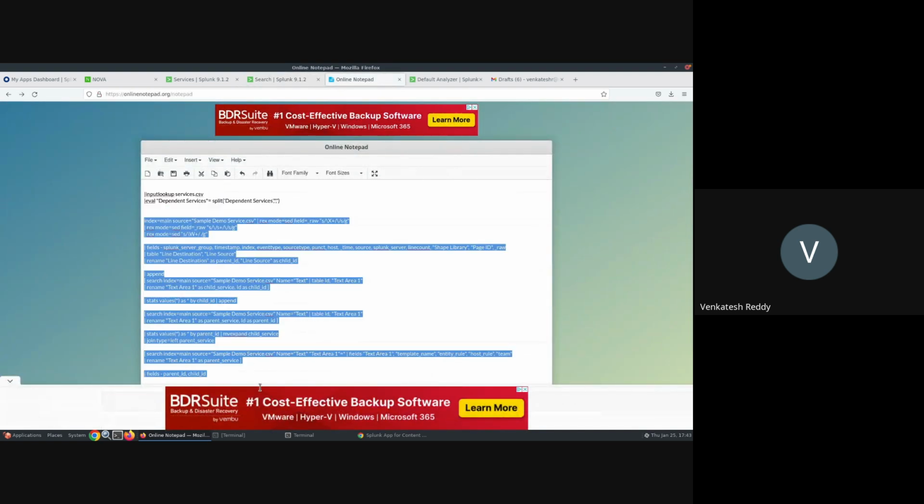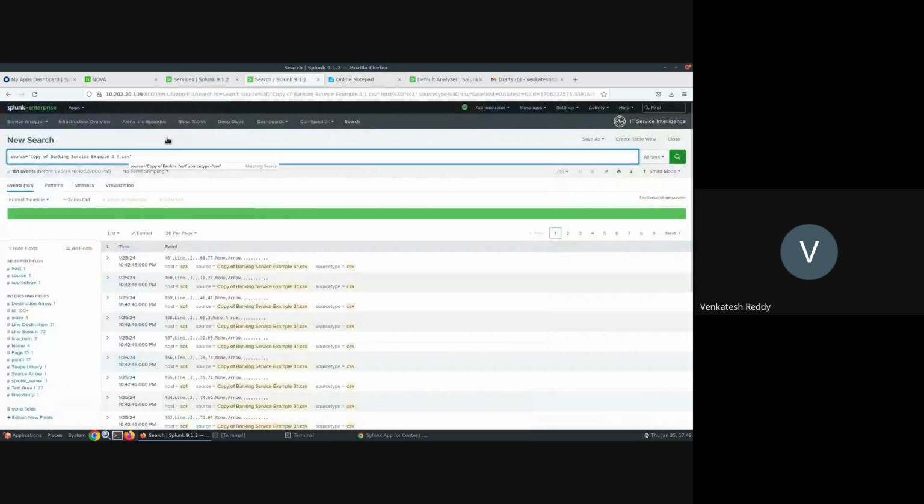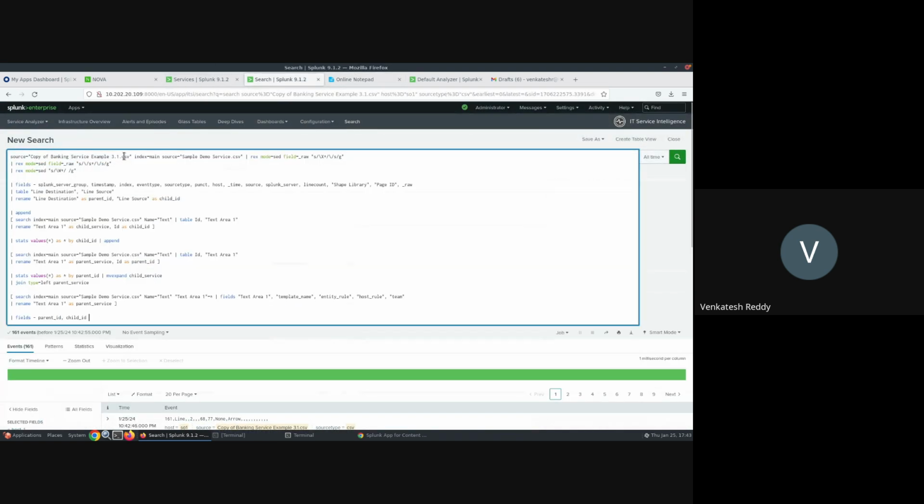I used this before, so I just want to use that query, so that it will convert this data into a human readable format.